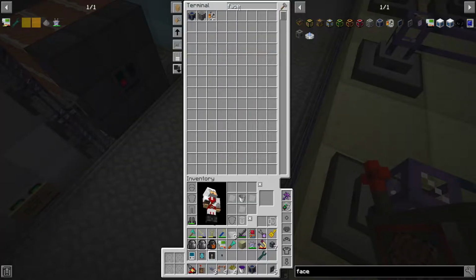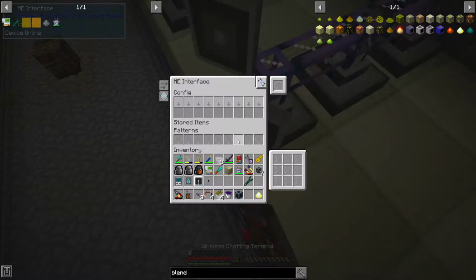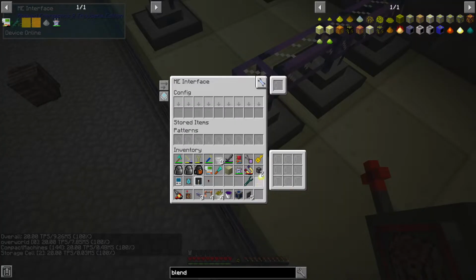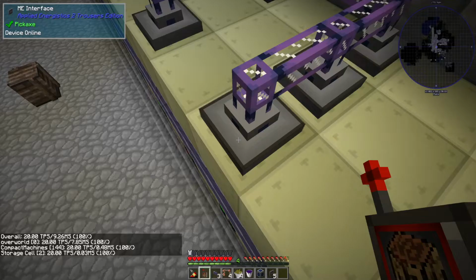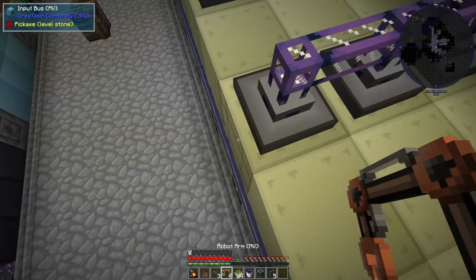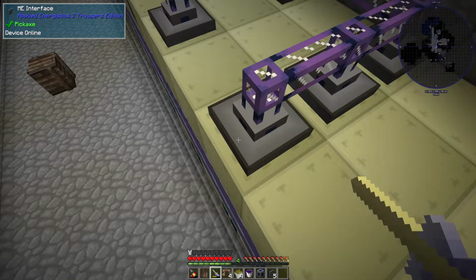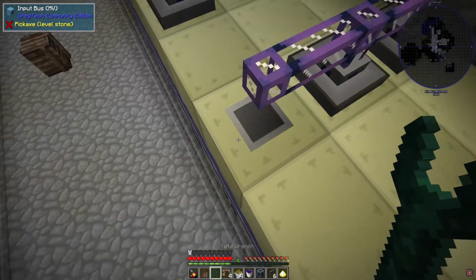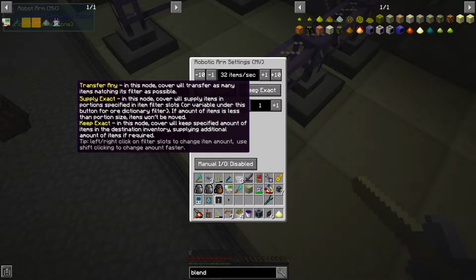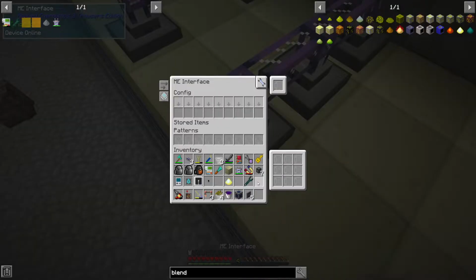And boop. And then the blend. Okay. Whoa. Okay. Anyway, so blend will go in here. All right. So now it's in there. Oh, shoot. I didn't want that. Did not mean to do it that way. Okay, so keep exact one. Okay. Oh. So if I put that back down...